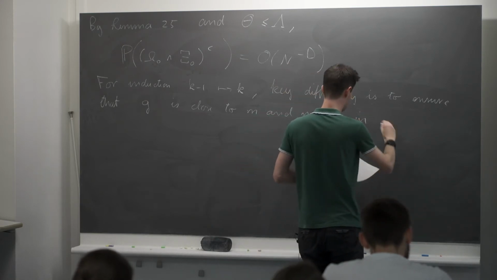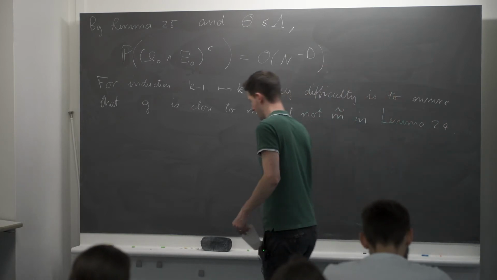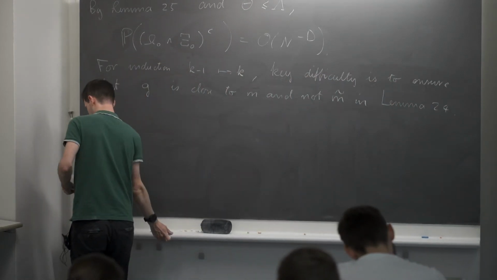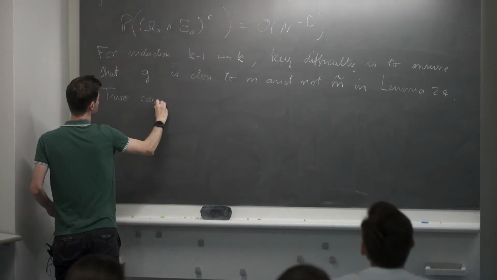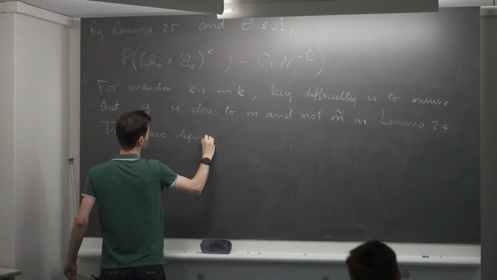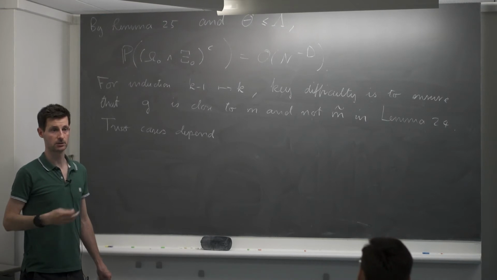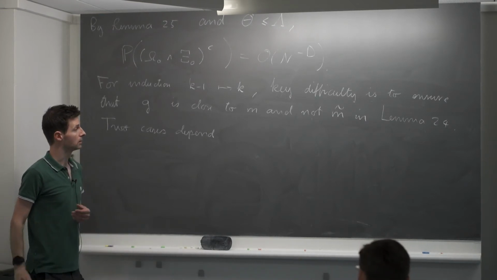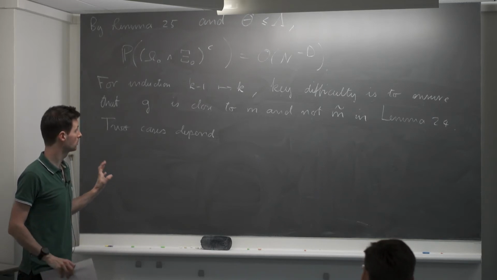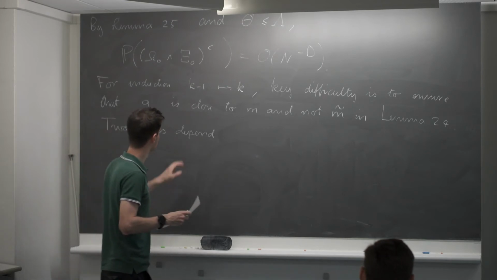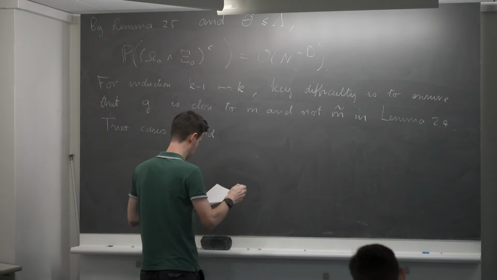So in lemma 24. And in fact, there are two cases. In order to do that, I will draw a diagram which will make it clear. There really are two cases. It's not just because that's why we like to organize the proof or something. That genuinely is the truth. There are two completely different types of arguments that one uses to ensure this. And it's related to the nature of this continuity argument.